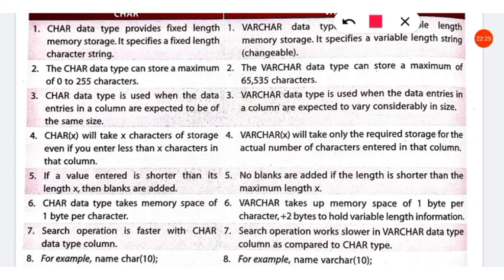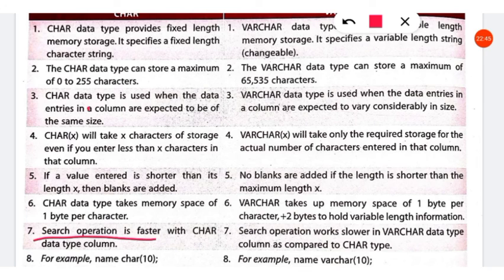Because it's of variable size, since its size is not fixed, we have to store the particular information that from which position to which position is that particular string. Then search operation is faster with char data type column.